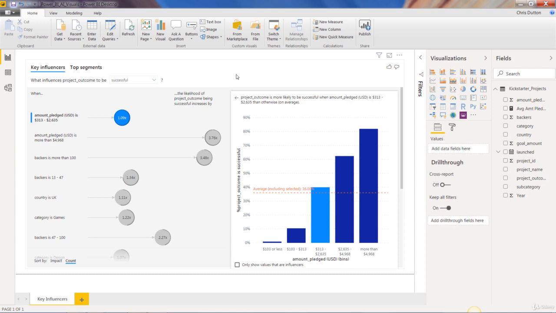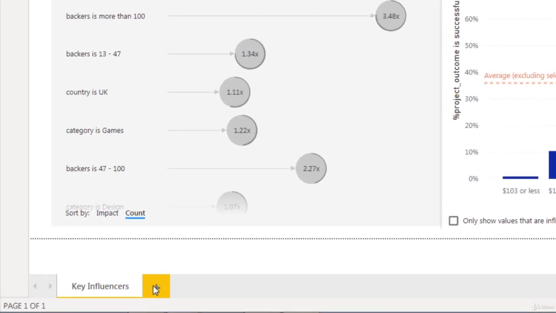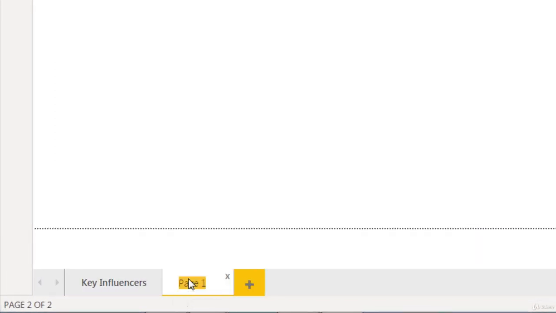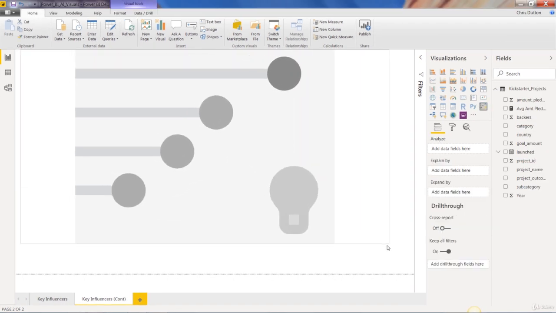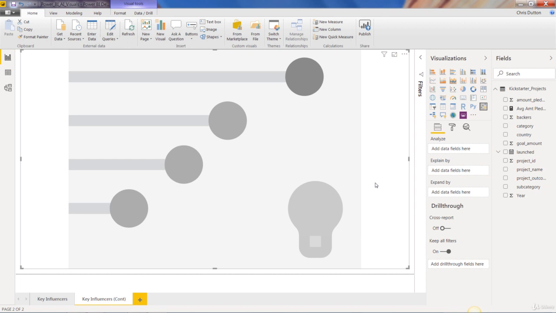our outcome instead. So in our Power BI AI visuals file, I'm going to add a new page here. I'm going to call it Key Influencers Continuous. Now I'll just drop in a new instance of that Key Influencers visual, and we've got a nice blank slate